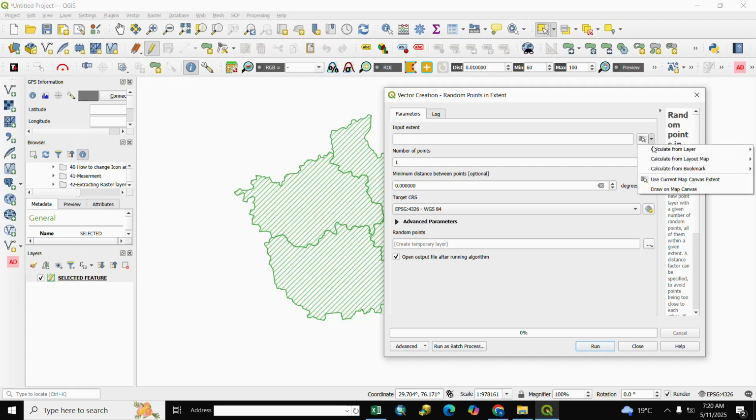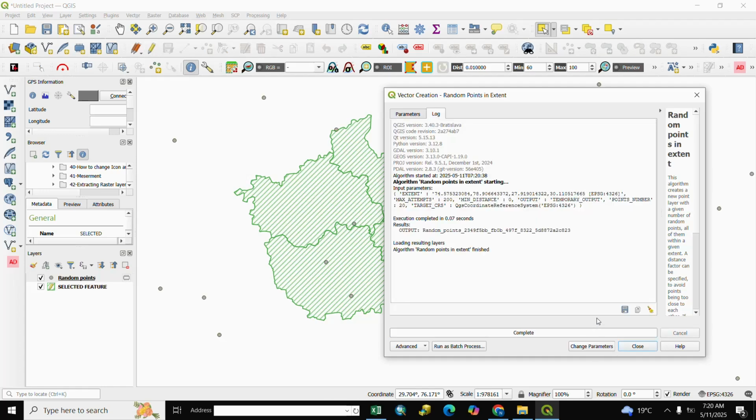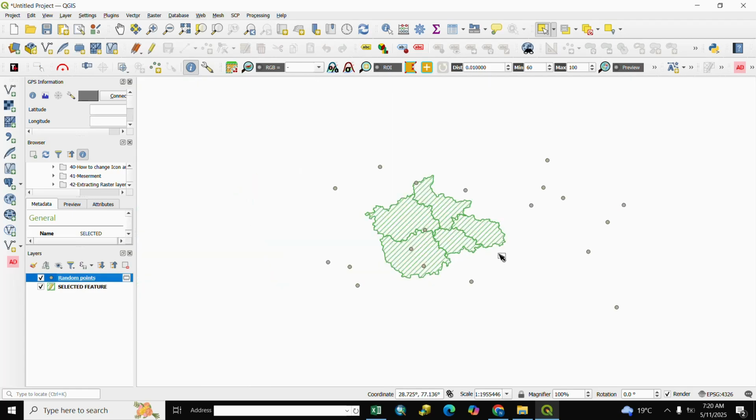We select here, use current map canvas extent. You select it and you write a number. We write here 20 and after it we run. We close it. You see here 20 number